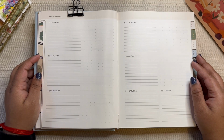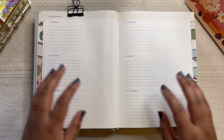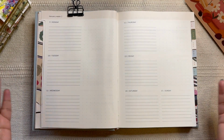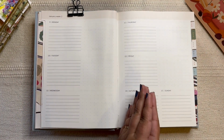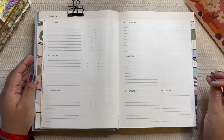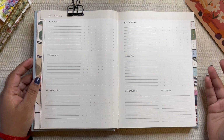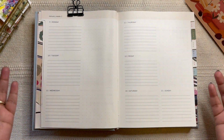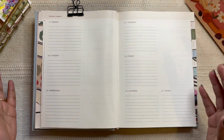Hi everyone, in today's video I wanted to talk about the things that you can add in these pages. These are, you can call it, weekly pages or daily pages in your planner. Many of you are first time planner users and some of you have used planners before, but it hasn't really worked out the way that you wanted it to, but you still want to make it a part of your